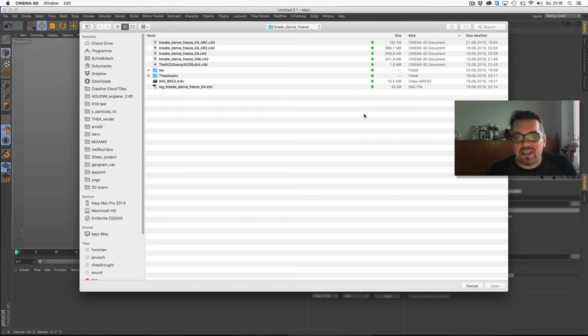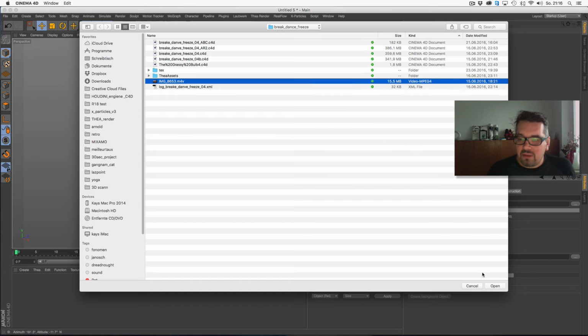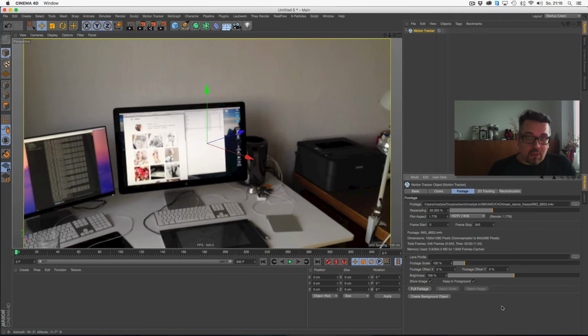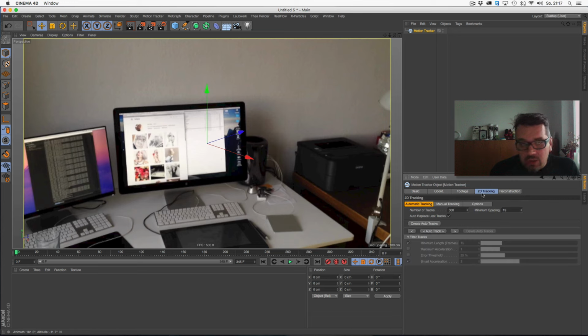It's right out of my iPhone, there's nothing done with this. Say open, and now the motion tracker shows me my footage. And then I say, okay, I need some kind of 2D tracking now. That means create tracks and auto track.